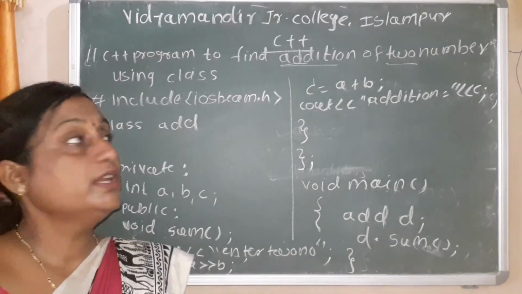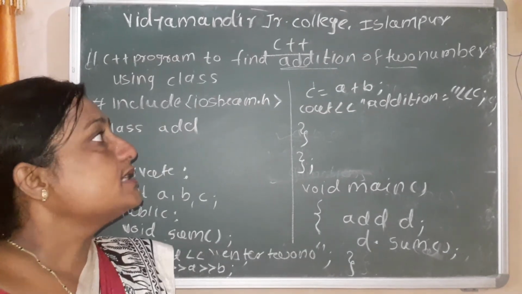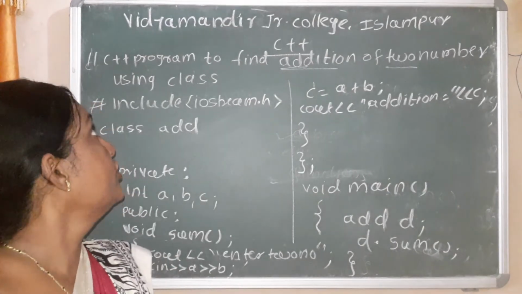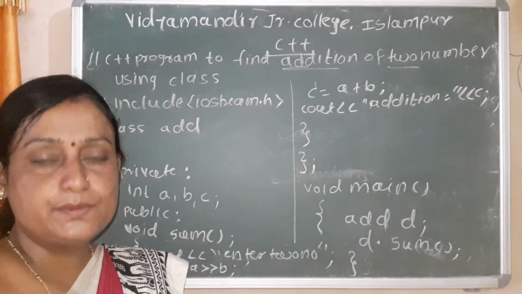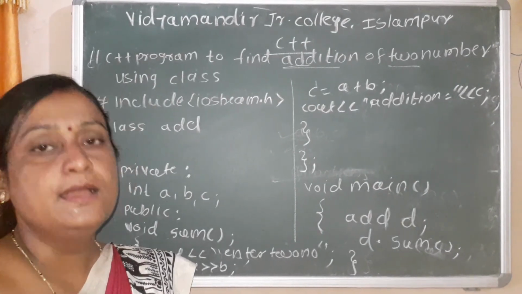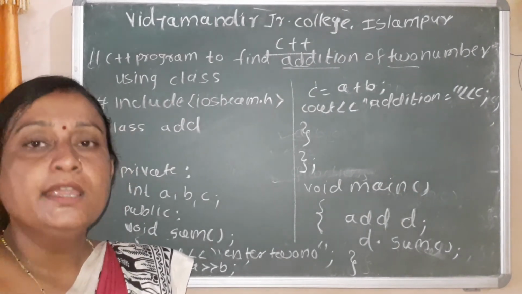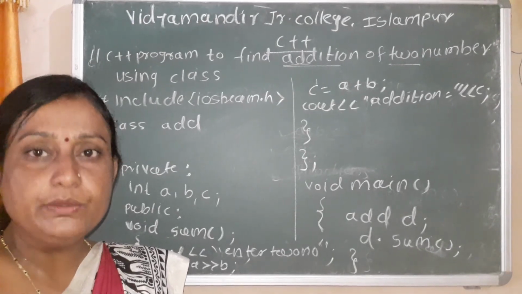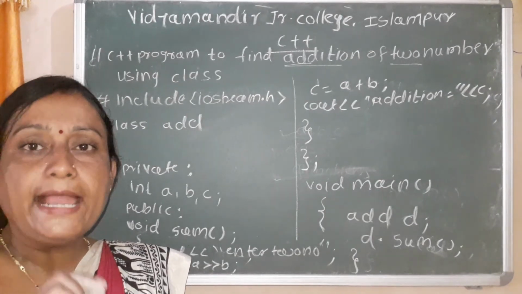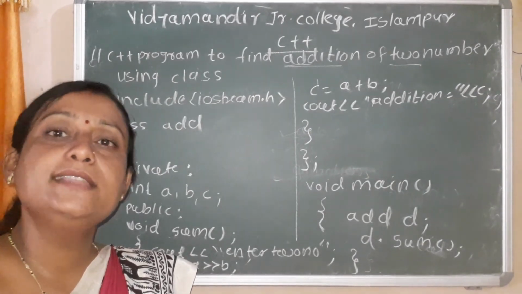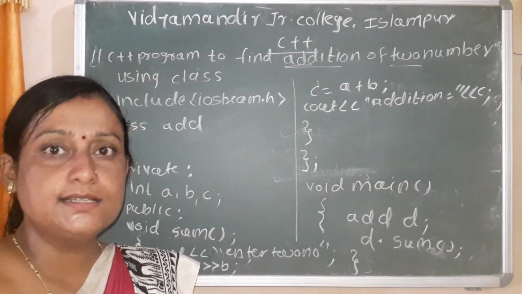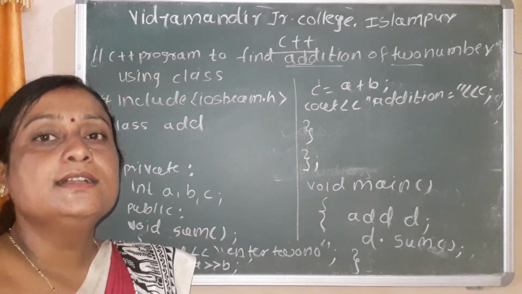Then you can try to find subtraction of two numbers. Write down the question: write a program in C++ to find subtraction of two numbers by using a class. You use sub as the function name and calculation as the class name. These two variables I give. The sub is a function name and the calculation